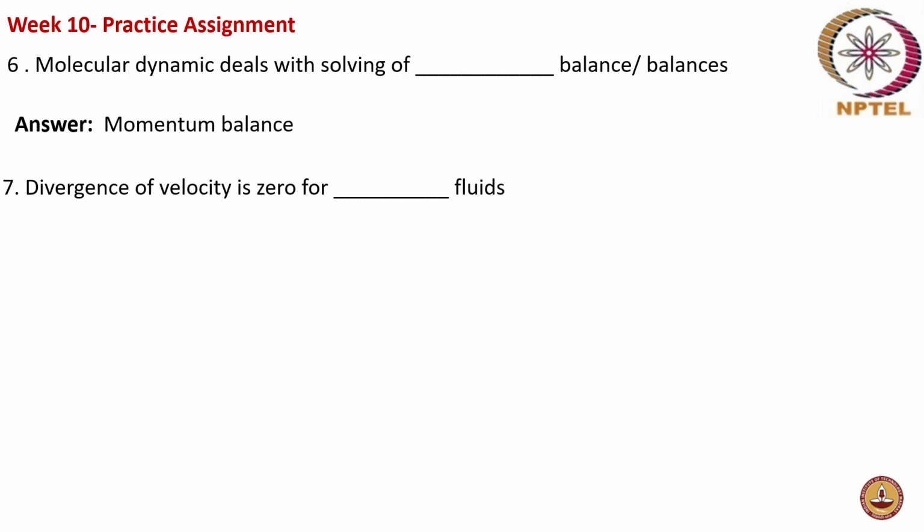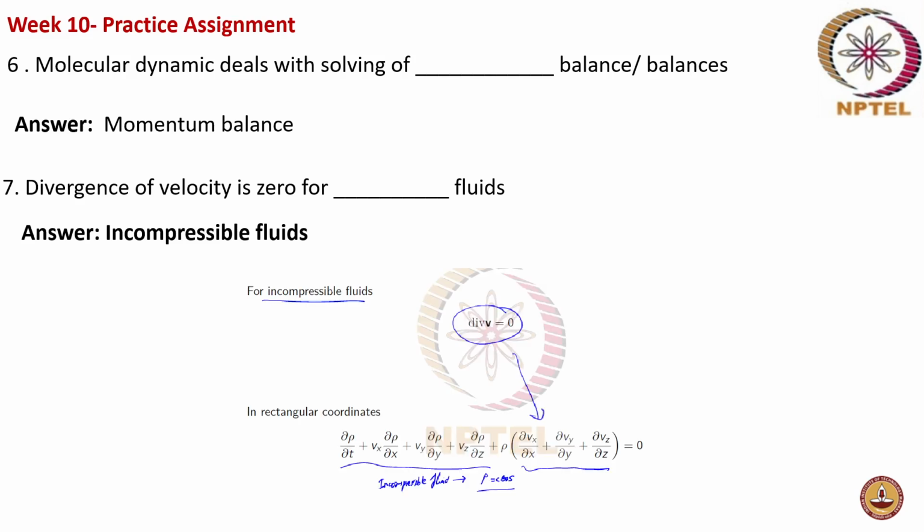Next, divergence of velocity is zero for dash fluids. For which type of fluids is divergence of velocity zero? The answer is for incompressible fluids, divergence of velocity is zero. So we could see from this equation the divergence of velocity is zero for incompressible fluids. Incompressible fluids means the density is constant. So if you have the mass balance equation, since the density is constant, it does not vary with time. So we have the equation